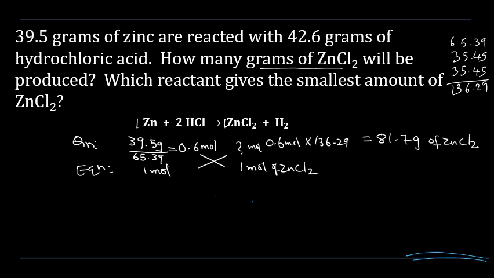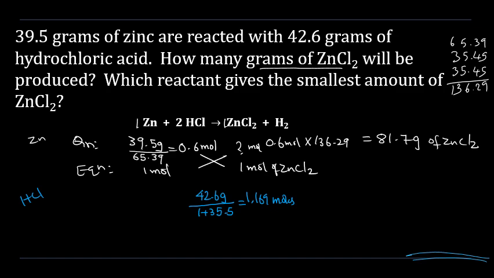And now this is for Zn, and now I will do it for HCl as well in the same method. So for HCl, I have from the question 42.6 grams. I will write below HCl in the equation, and I will find the molar mass: 1 for hydrogen, 35.5 for chlorine, that equals 1.169